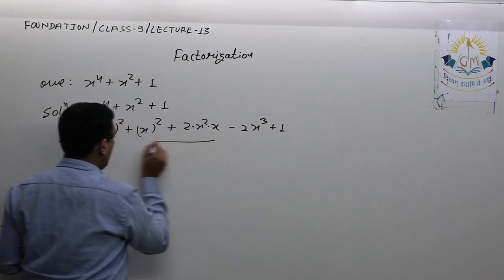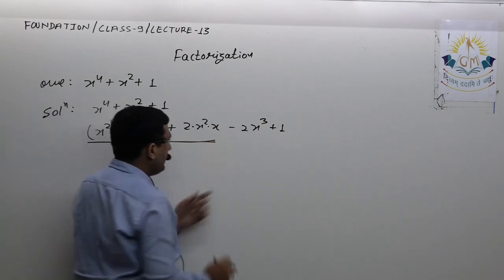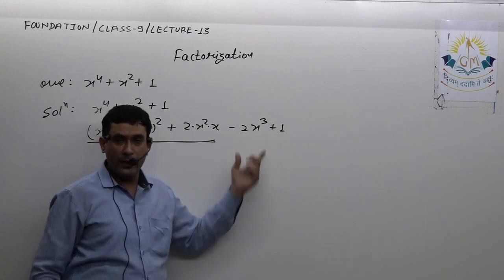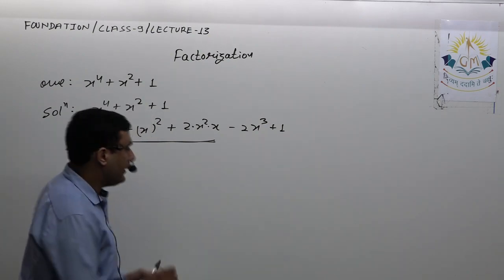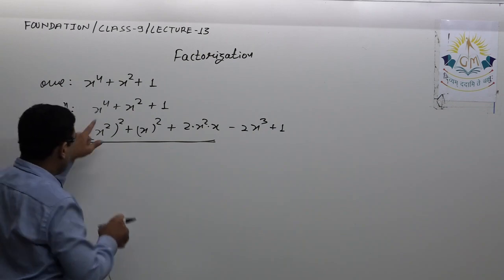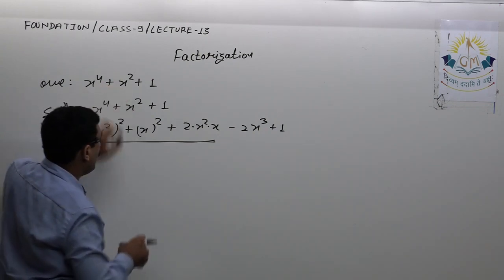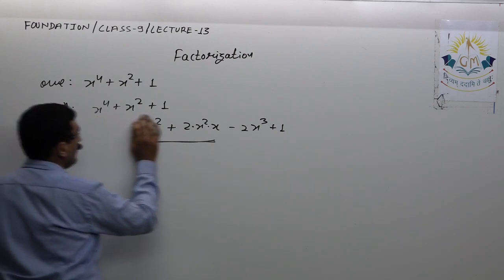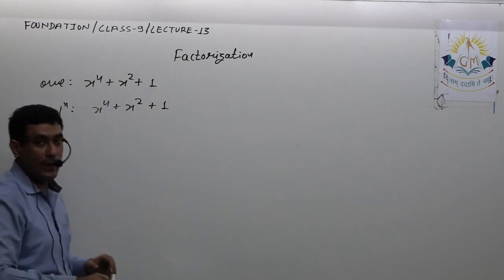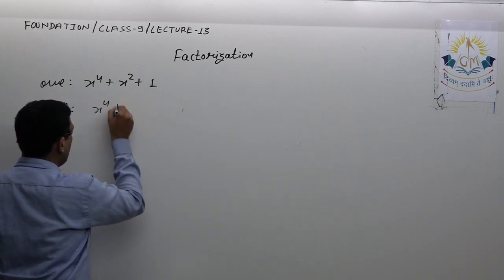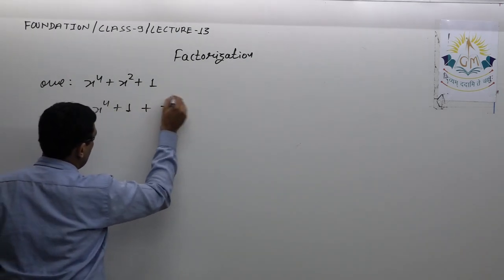So even though I write this as an identity, further, this won't be a complete square, and hence it won't be able to factorize it further. So this selection, that is, considering this as a square and this as b square, is incorrect. That means we have to think about any other combination. So I am interchanging this: I am taking this and this.